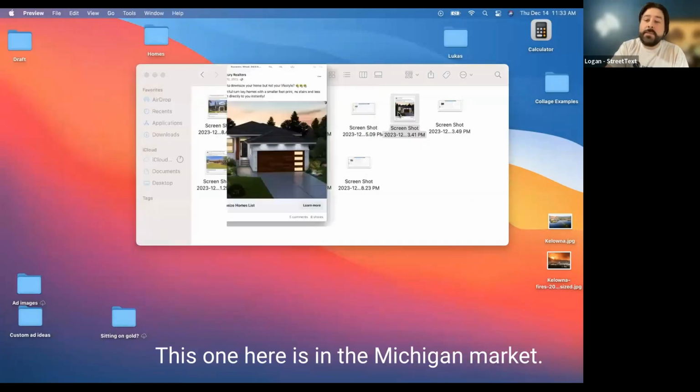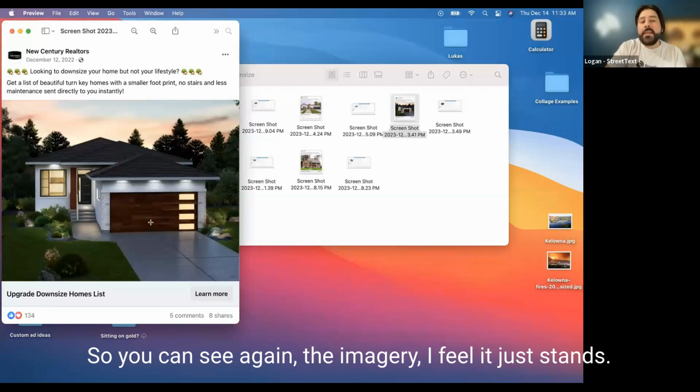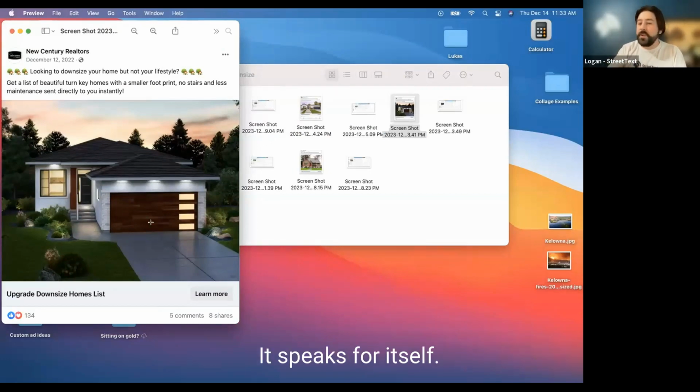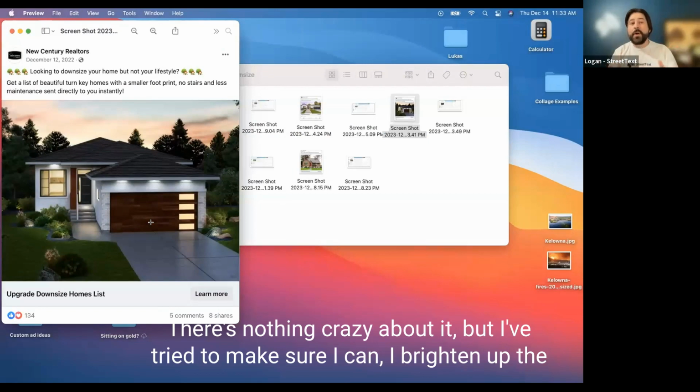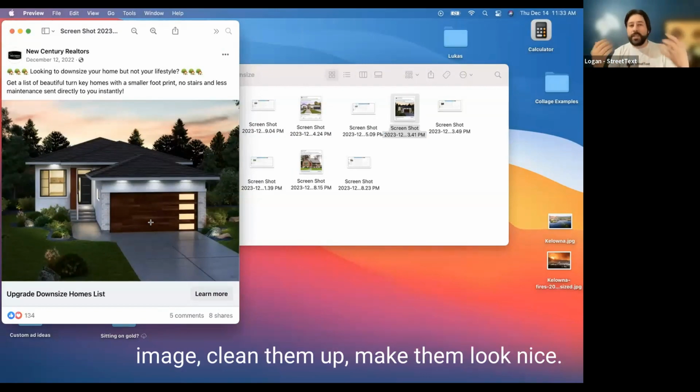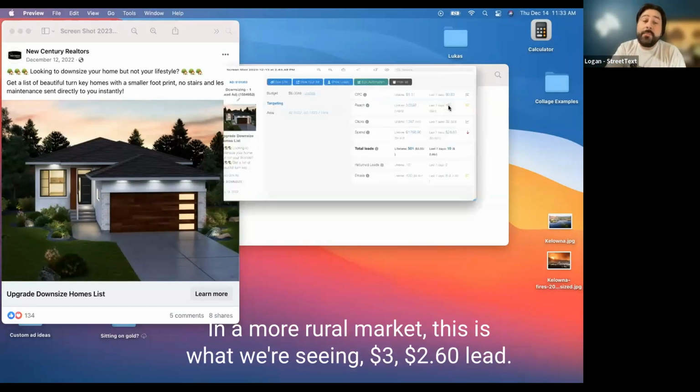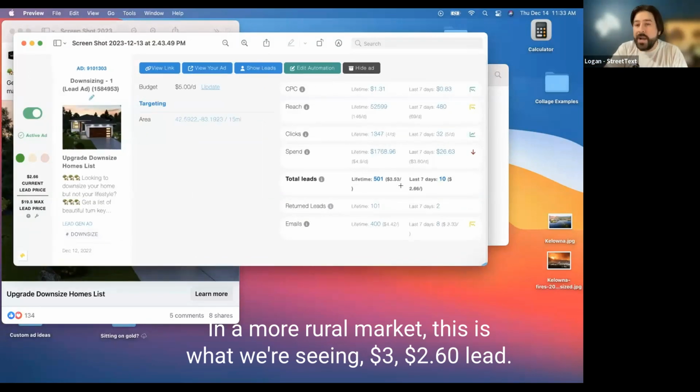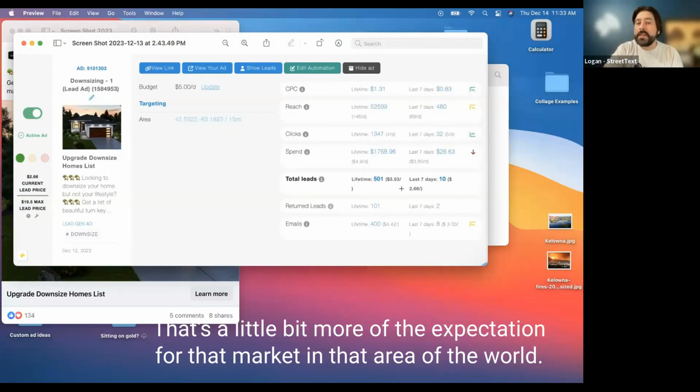This one here is in the Michigan market. So you can see again, the imagery, I feel it just speaks for itself. It's a nice image. There's nothing crazy about it, but I've tried to make sure, again, I brighten up the image, clean them up, make them look nice. In a more rural market, this is what we're seeing. $3, $2.60 a lead. That's a little bit more of the expectation for that market in that area of the